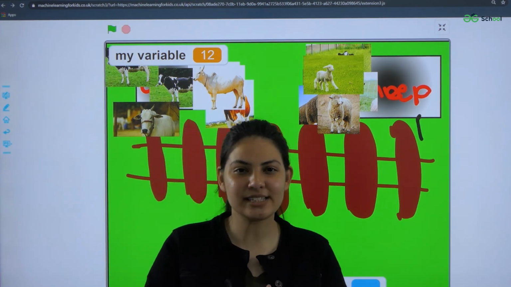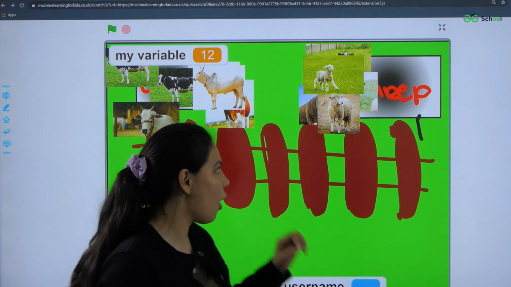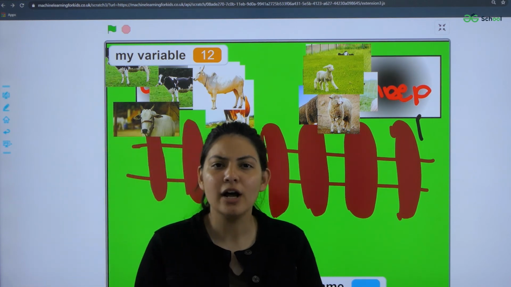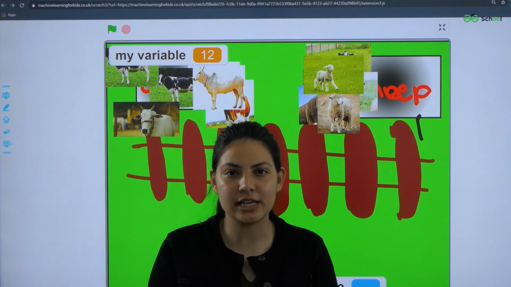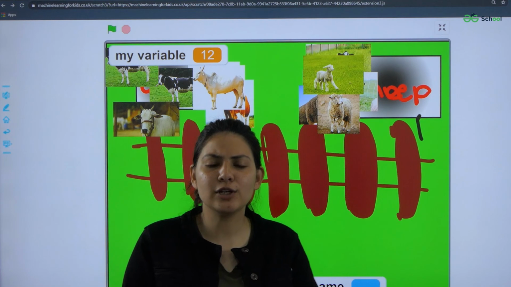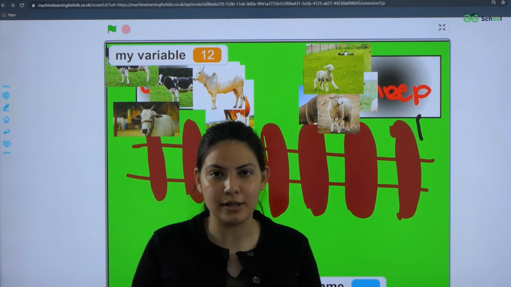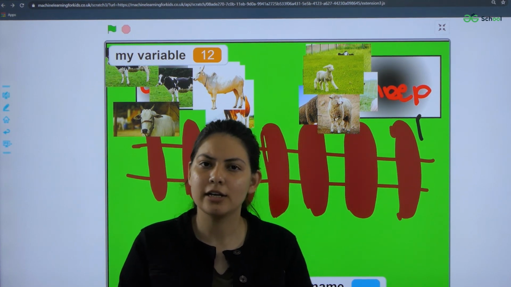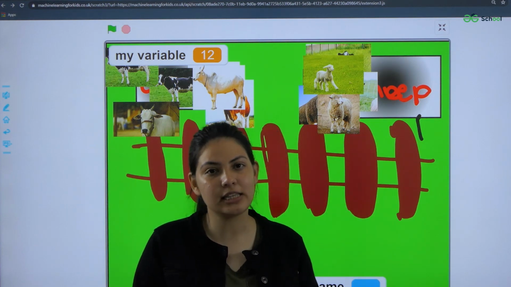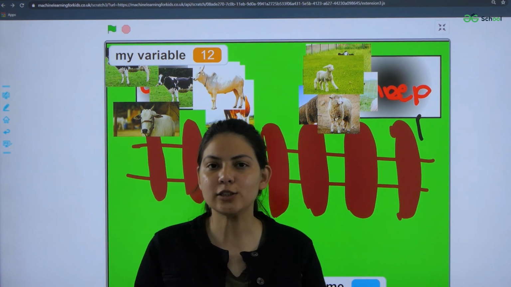So, you have successfully trained your ML model to recognize the images of the animals you chose. In my case, I chose the cow and the sheep. Now, try to count how many images your computer is successfully putting on the right side. If your computer is not doing so well, you can use more images in the examples of your training step. In the next video, we are going to learn the concept behind this machine learning model, why we are using it, and what we can further do in this project.